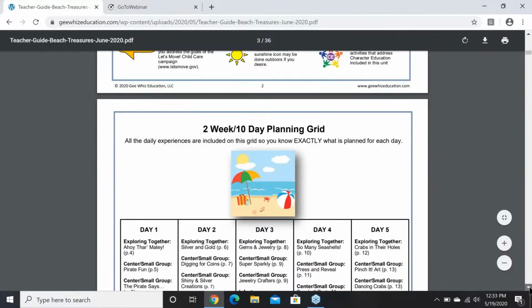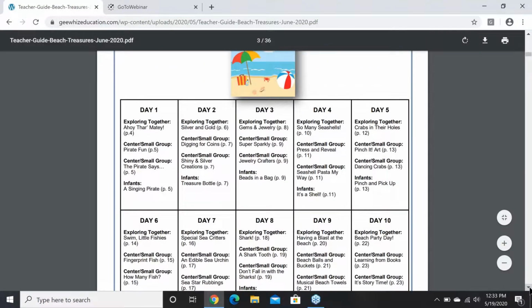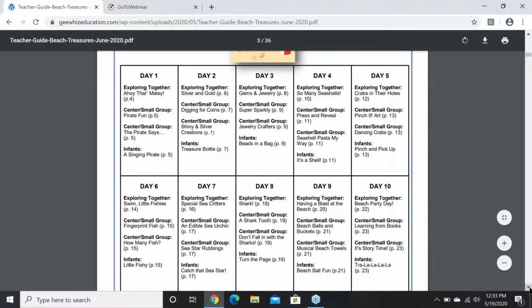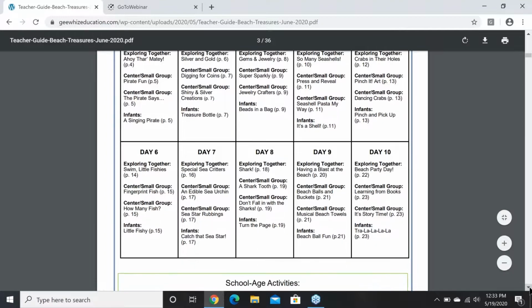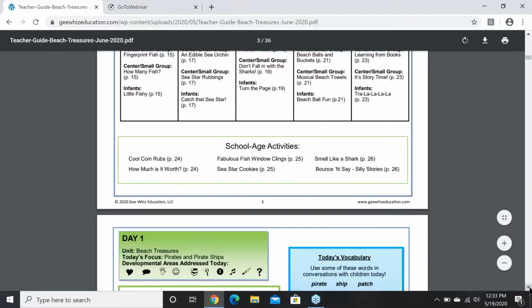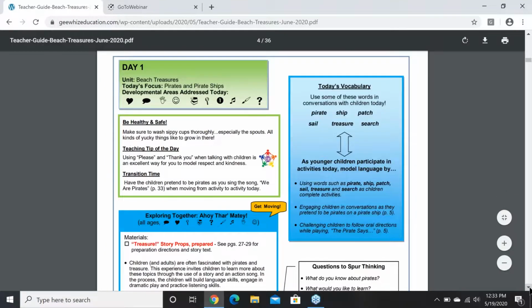This is an overview of what this unit is going to cover. Some of our providers print this out for parents or send it to them even as a PDF so they know what's going to be coming up for the entire 2 weeks that they're doing this unit. And then we go into our lesson plans, and I'm just briefly going to review very quickly what's in each